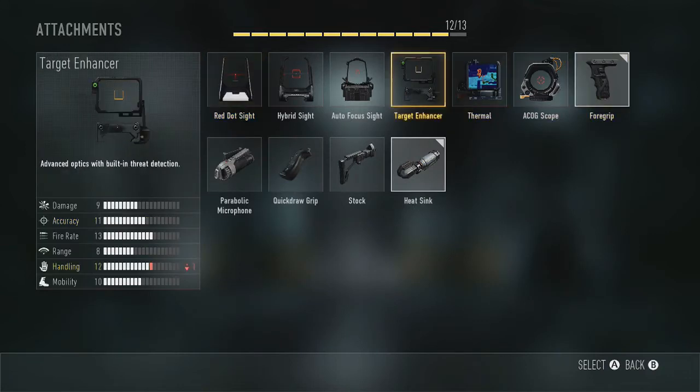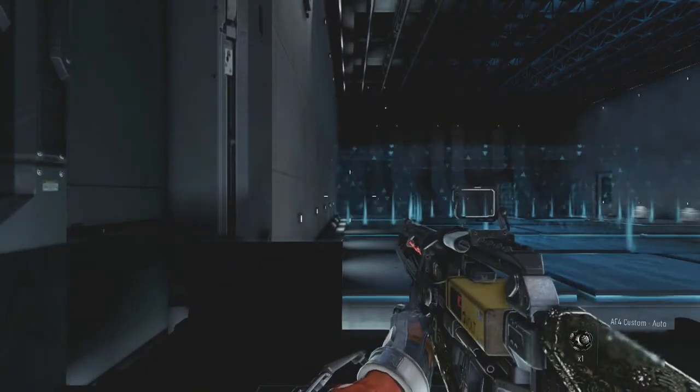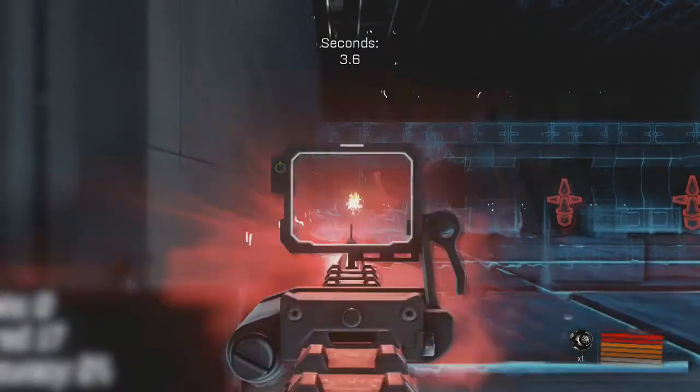The third attachment that you guys want to be using is the target enhancer. Now, I don't know why people don't use this. It's basically a red dot pro. I mean, people use the red dot all the time, but the fact that you can now highlight entire enemies